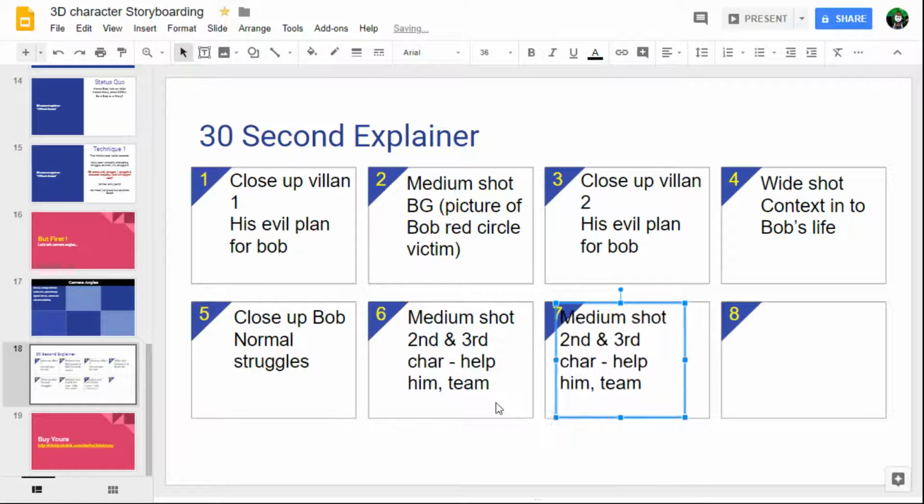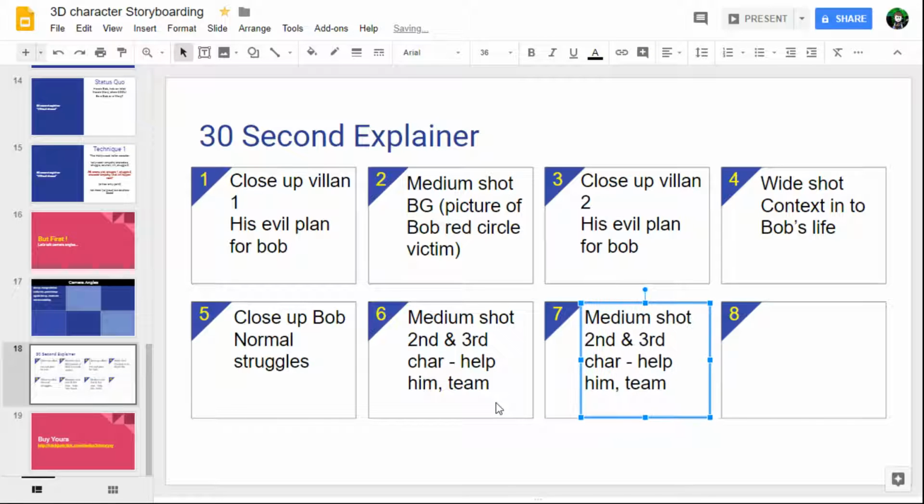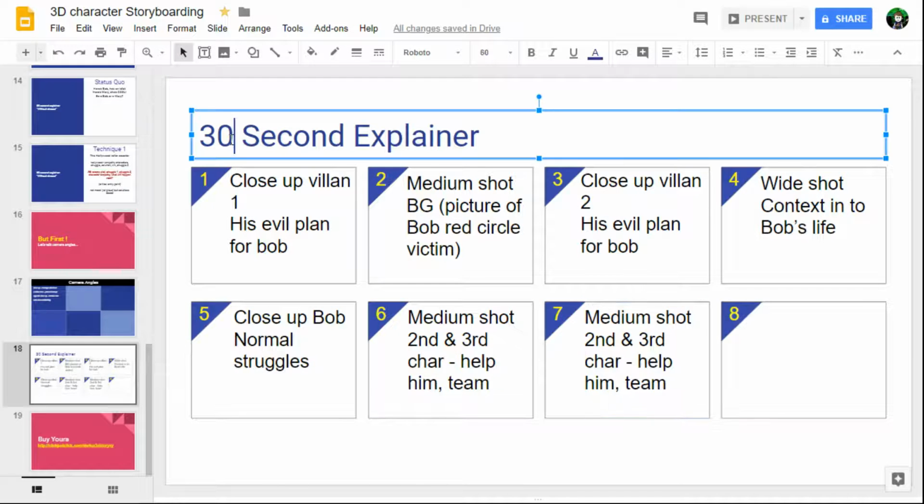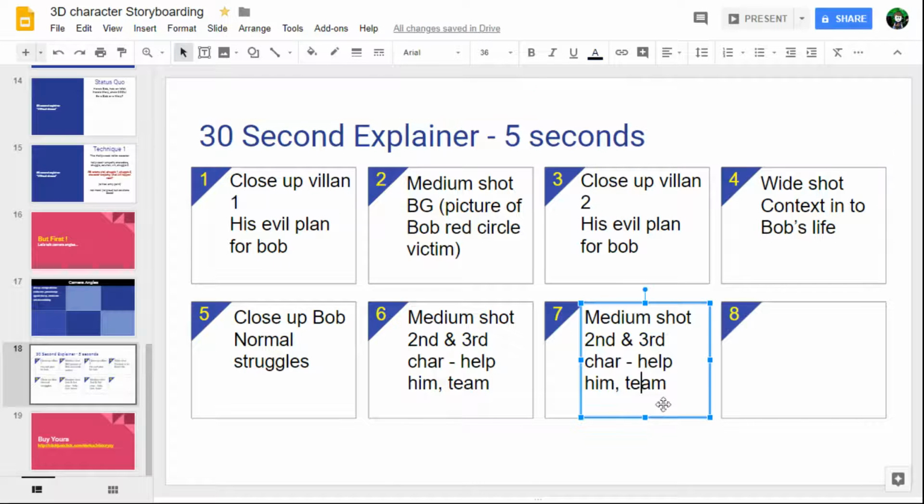Okay, then basically we can go. So if we do 21. So each one of these is about 5 seconds, isn't it? Something like that. Right, so I copied that one. Then we can go into